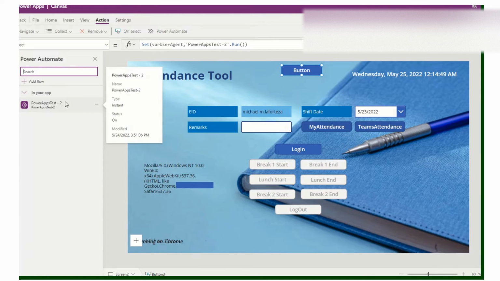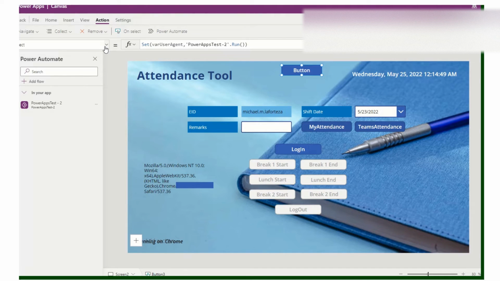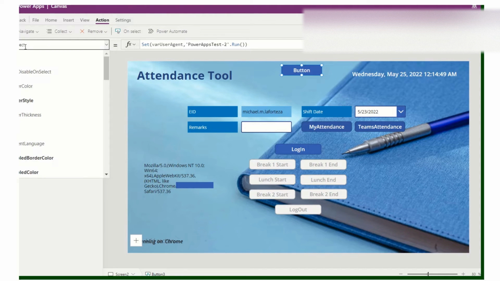So I already added the flow that we created here. And then on that button, on the OnSelect function, I created this formula: Set varUserAgent. So the varUserAgent is from our flow, and then PowerAppsTest2.Run.